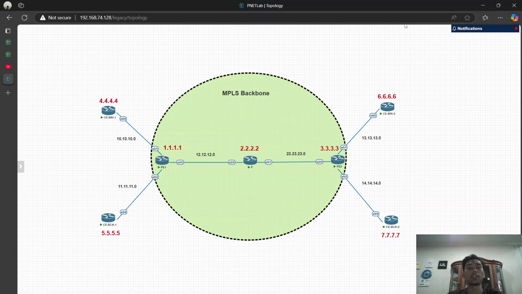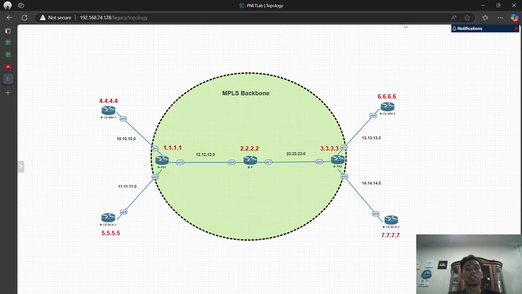So now I will continue my MPLS backbone configuration, and in the routing CA. In my past video, I configured the CA VPN with the routing EIGRP.